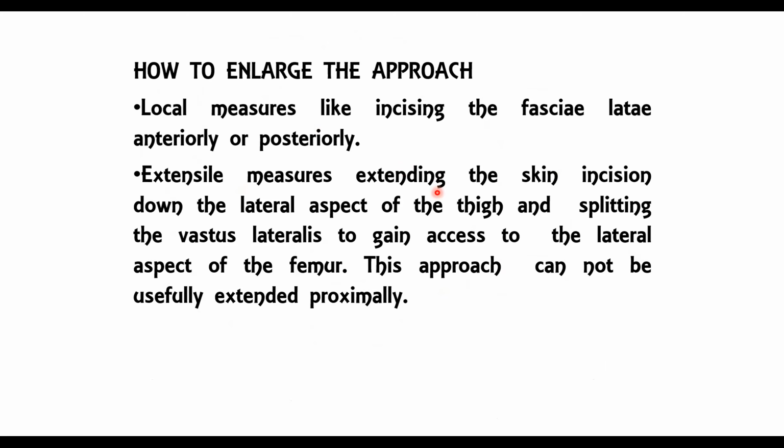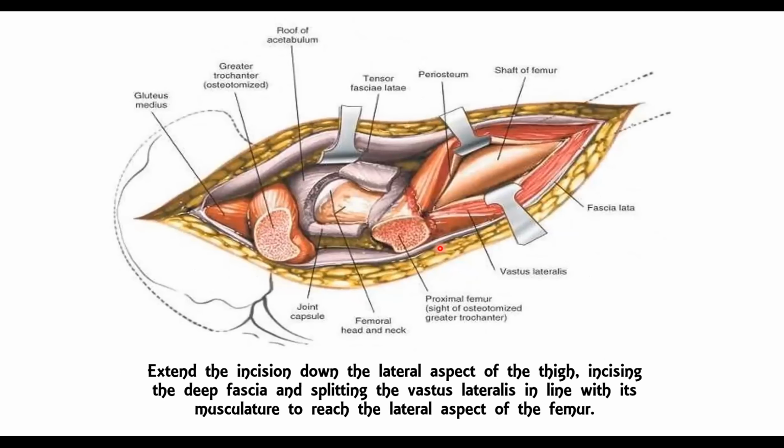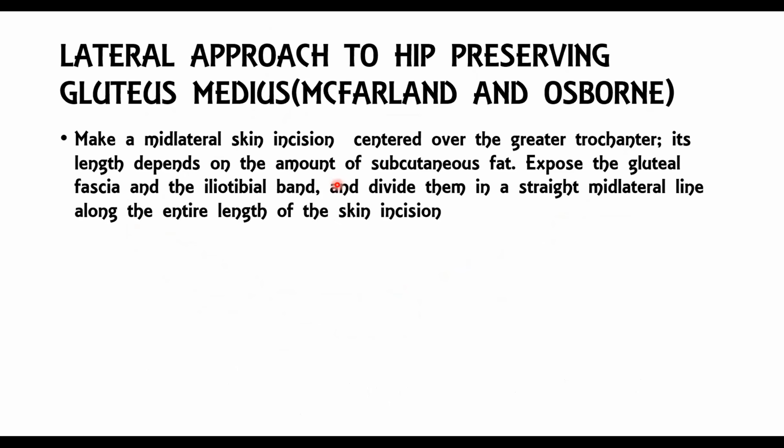From the lateral incision, you can extend laterally downwards to gain access to the shaft of the femur axis. The muscle which comes in line is vastus lateralis. This approach cannot be extended proximally. This is the disadvantage. Yes, we have already seen this regarding the GT osteotomy and opening the capsule. So this finishes the anterolateral approach. These are the two questions asked in DNB.